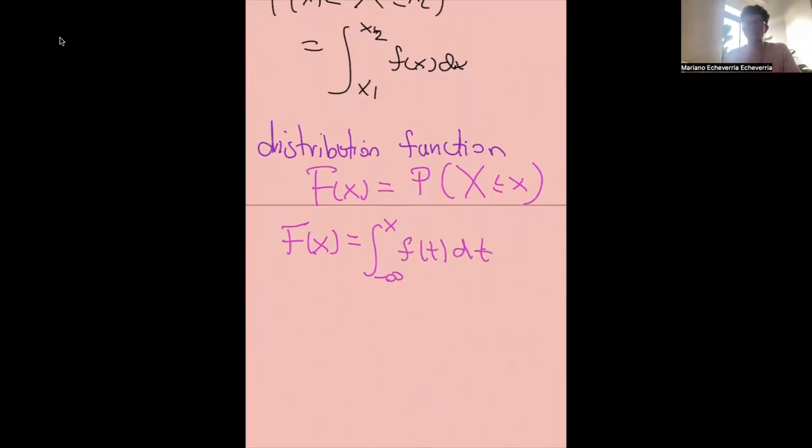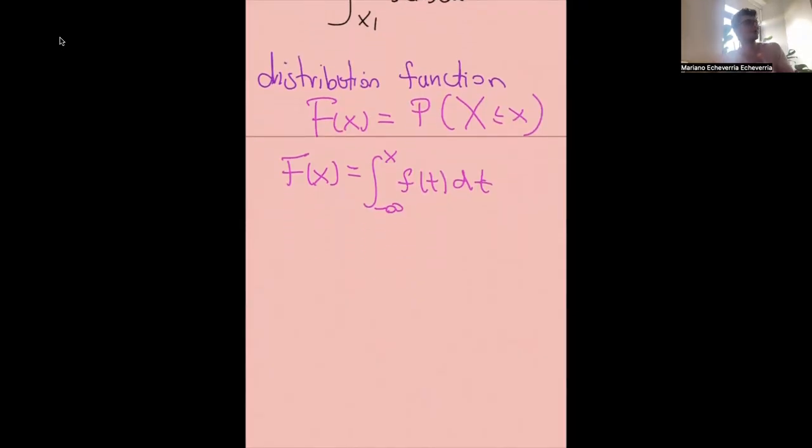So you just integrate the density from minus infinity to x. This is the probability up to value x, right? So this is just the probability that x is on the interval